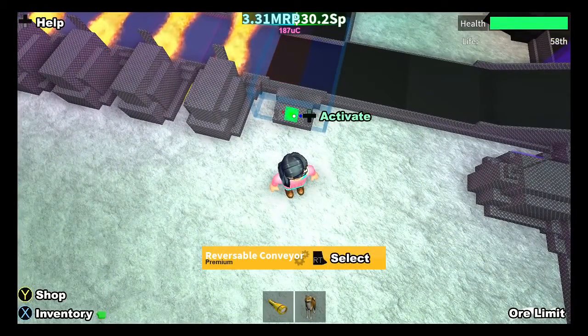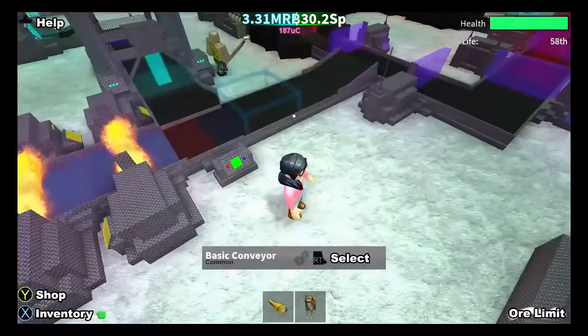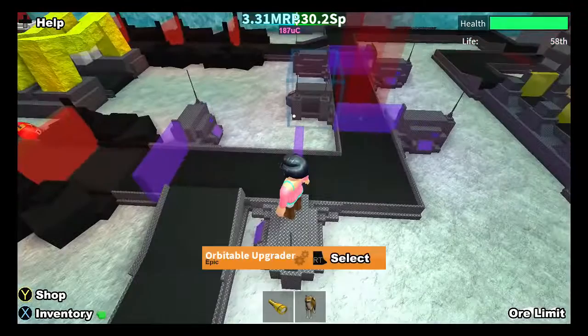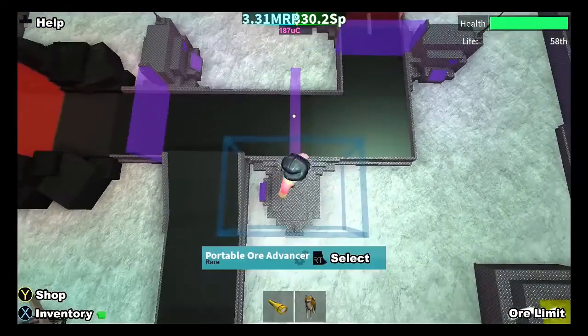By activating this, it'll flip the ore over. Watch for it to go over to the next section. Once it's done, flip it back so it's in the ready position for the next time the ore comes around to this circle. This circle is my basic, I'm just making up words left and right, my basic